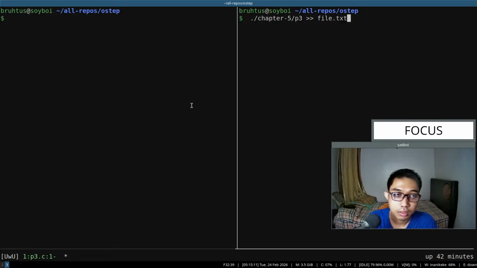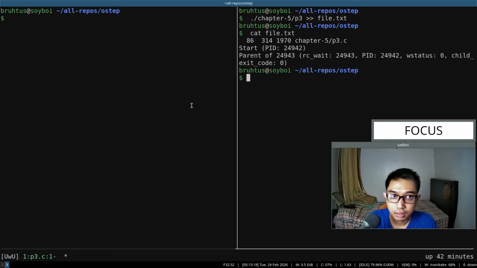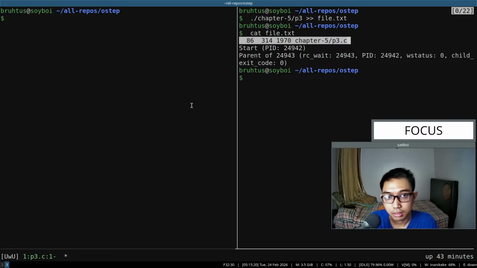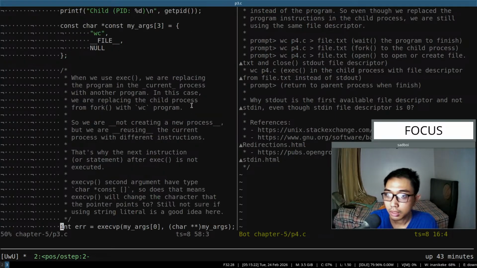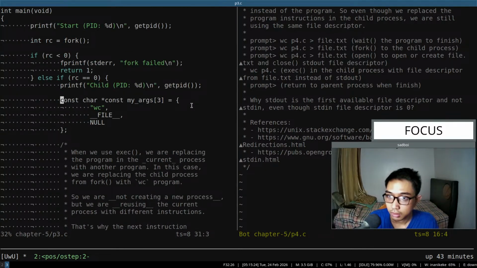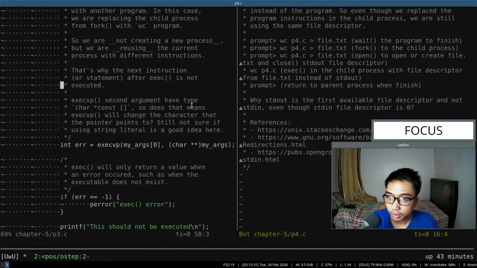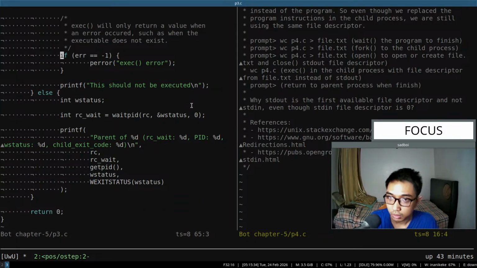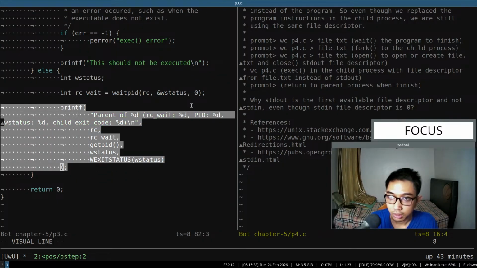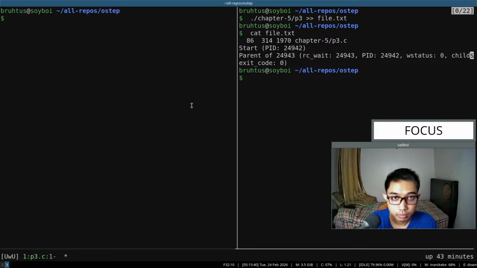Nothing, okay. Let's see. Okay, it's still the same. We didn't print out this one. It is interesting. But we print out this one, right? And oh,